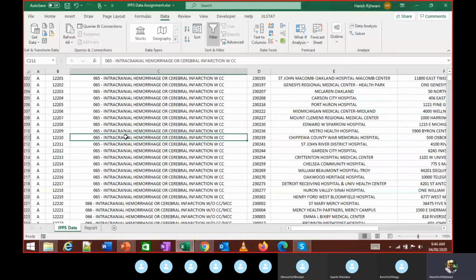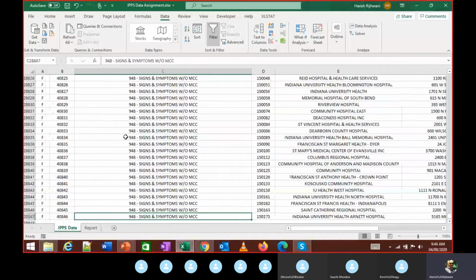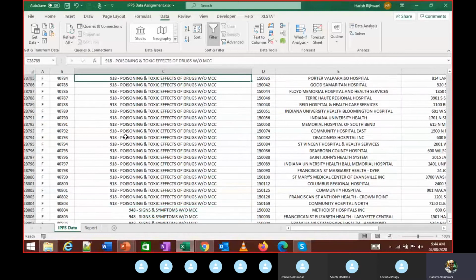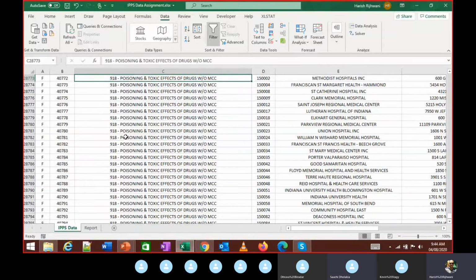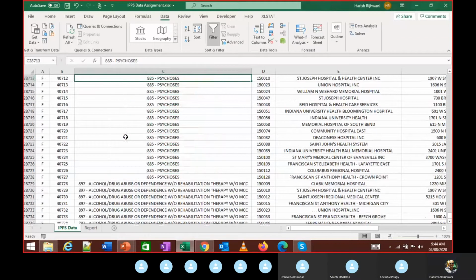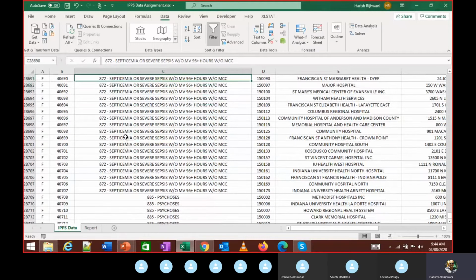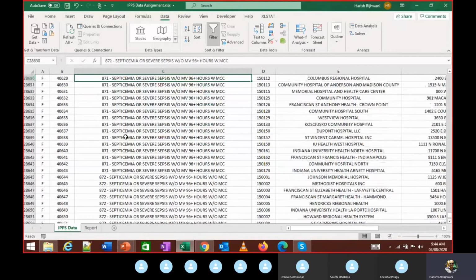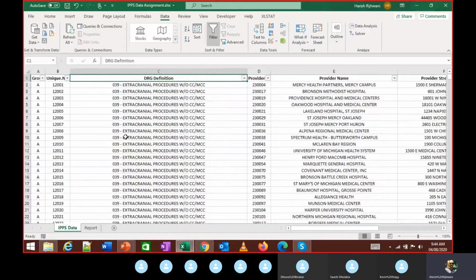Like this, there are so many other codes which are mentioned in this file. Make sense? This is a standardized number used in healthcare. Does that help? Yes, yes, sir.